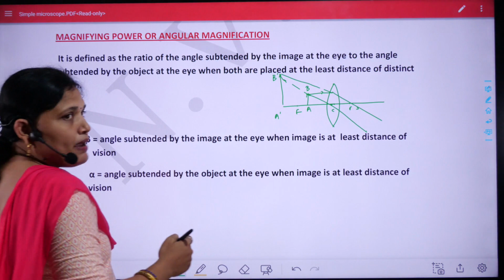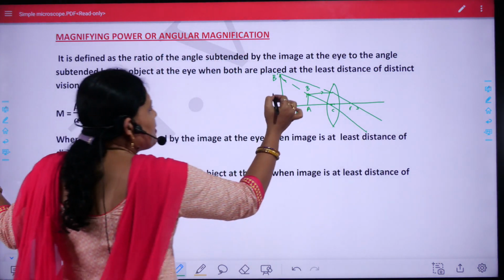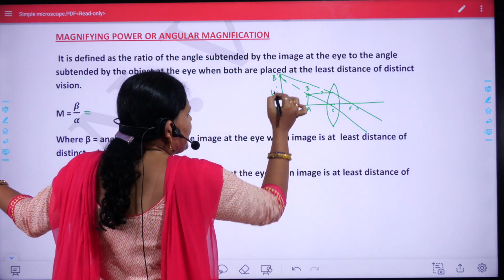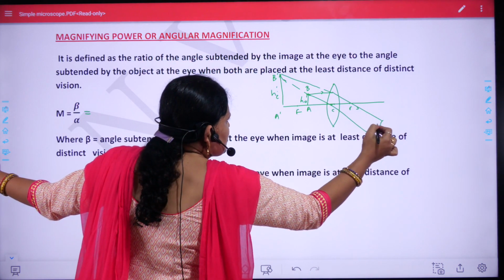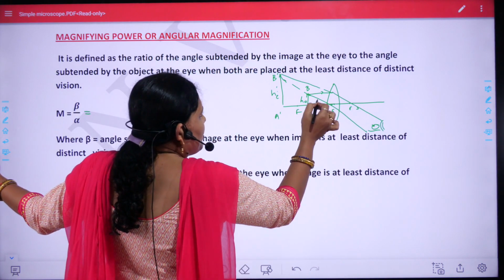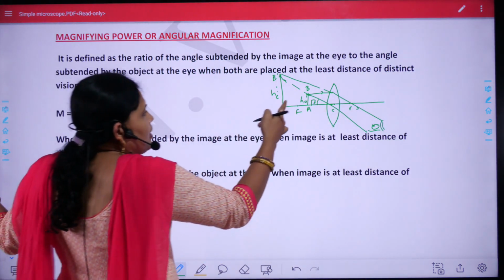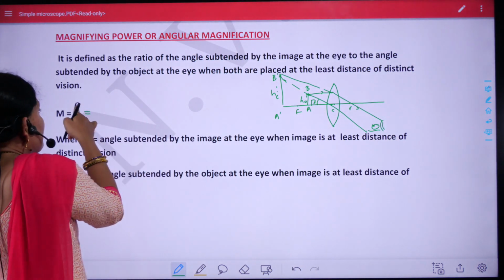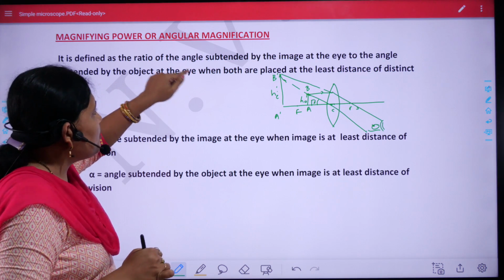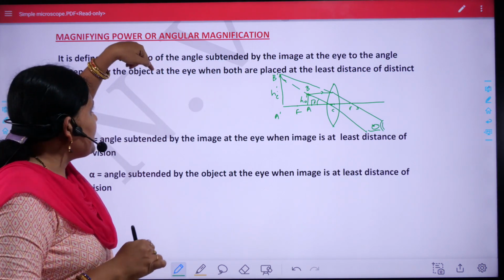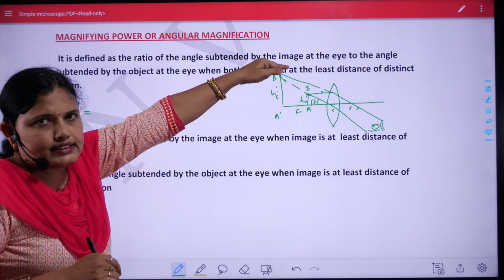Now, what is magnifying power? Magnifying power is the ratio of angles subtended by the image, HI, and the object, HO, at the eye. Suppose this is the eye. What is the angle it is making? Suppose beta. And it is the ratio of beta to alpha. What is alpha? Alpha is the angle subtended by the object at the eye when it is at the least distance of distinct